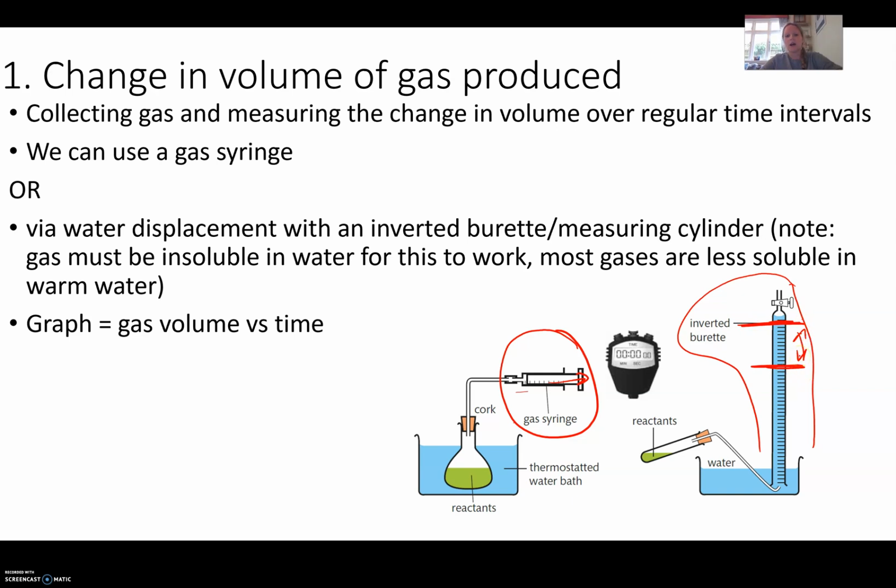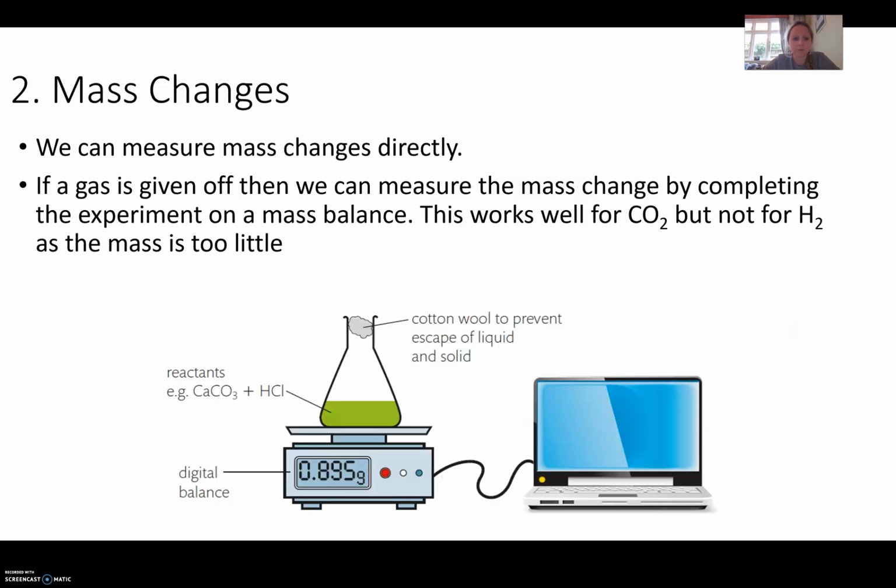So that's quite cool. Yeah, so you've just got to make sure for this one here that the gas you're producing isn't water soluble, or else if it's water soluble, this won't work. Okay, so mass changes. So if you were to put some calcium carbonate with some HCl on a mass balance,